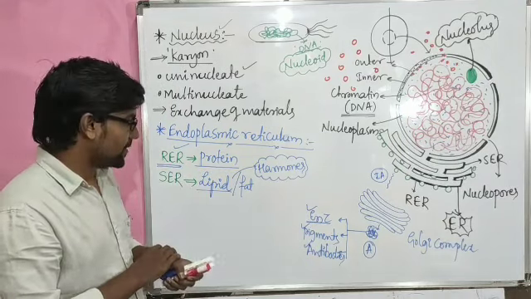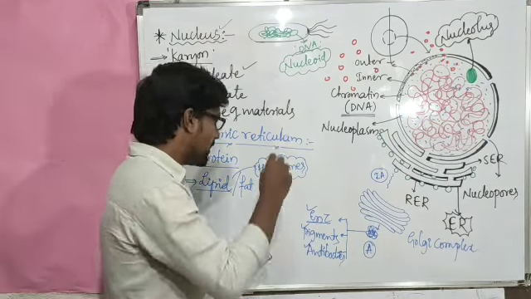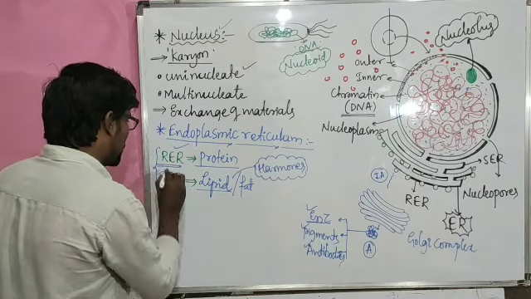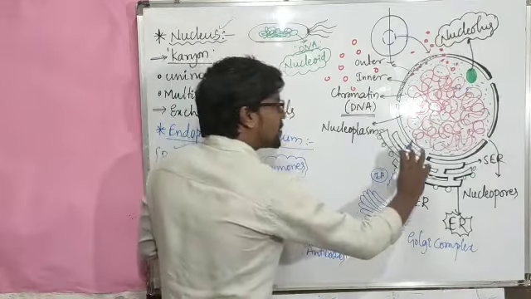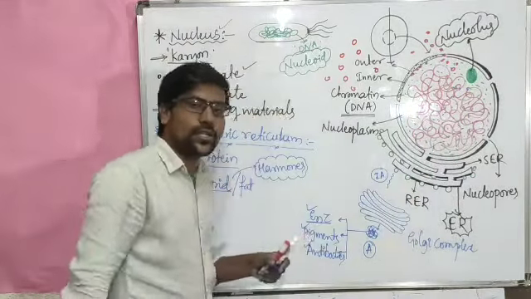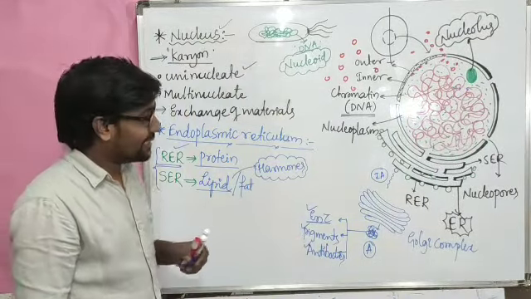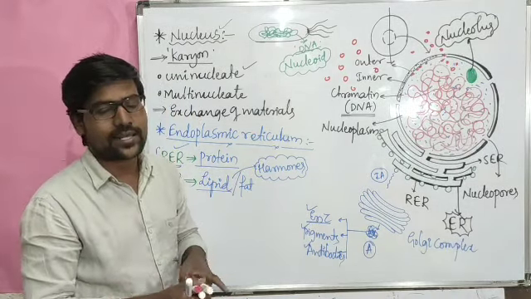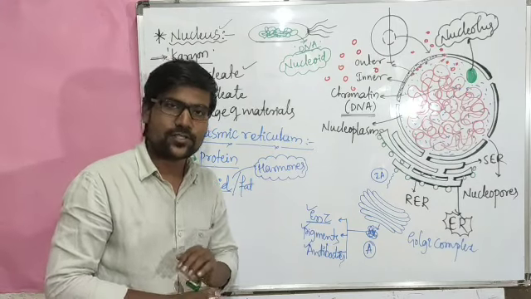So these are the things here, right? Rough as well as smooth endoplasmic reticulums are the parts attached along with this nucleus. This kind of specialized structure is usually absent in prokaryotic cells. They are not present in the prokaryotic cell. So that is the thing here.